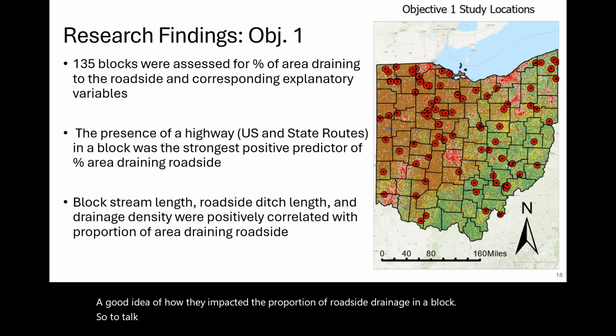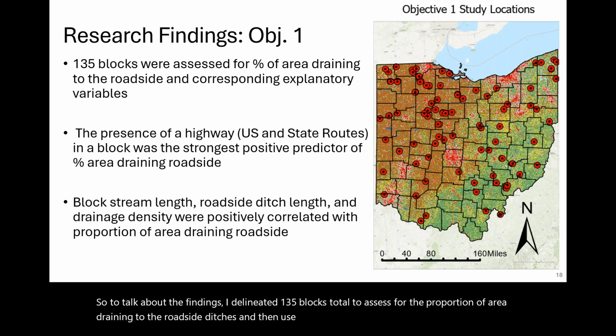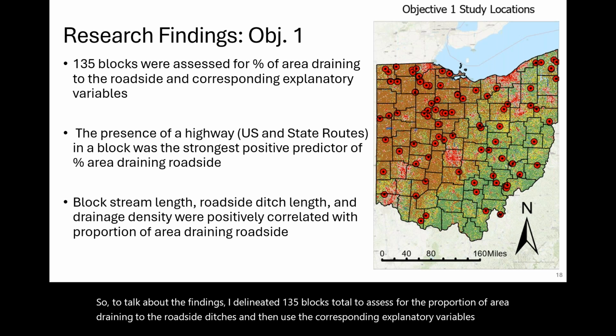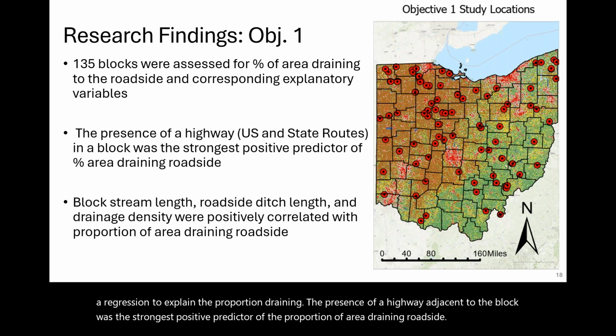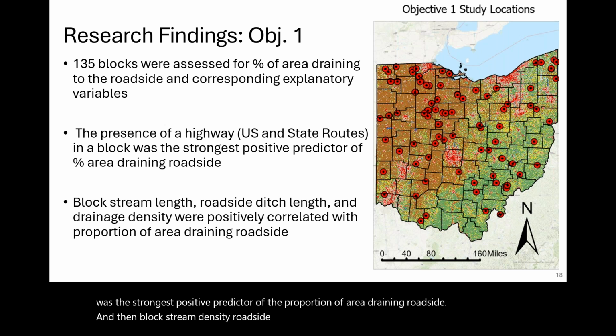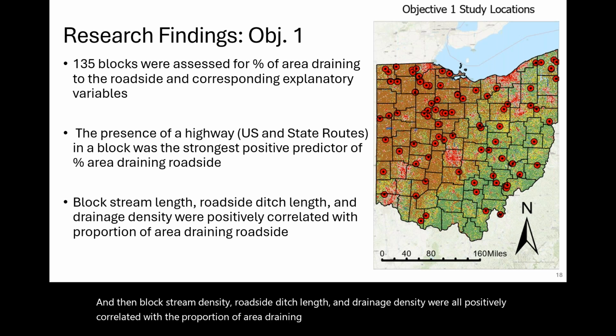So to talk about the findings, I delineated 135 blocks total to assess for the proportion of area draining to the roadside ditches, and then used the corresponding explanatory variables to create a regression to explain that proportion draining. The presence of a highway adjacent to the block was the strongest positive predictor of the proportion of area draining roadside. And then block stream density, roadside ditch length, and drainage density were all positively correlated with the proportion of area draining roadside. So basically what that indicates is that when you have a highway, which is typically designed with a